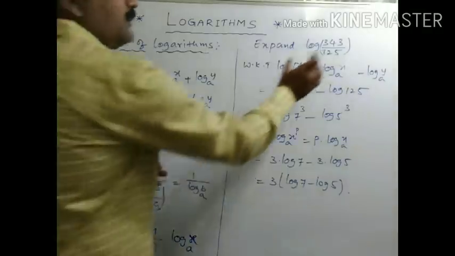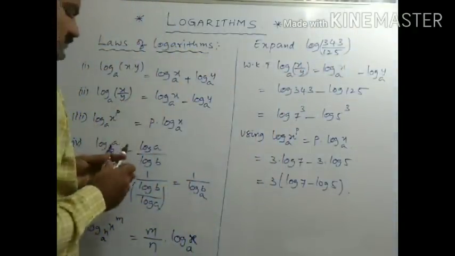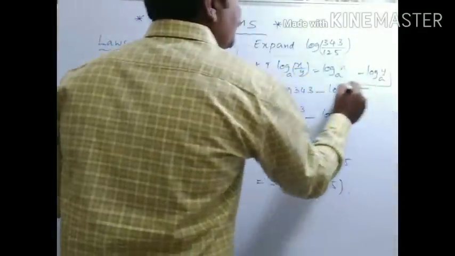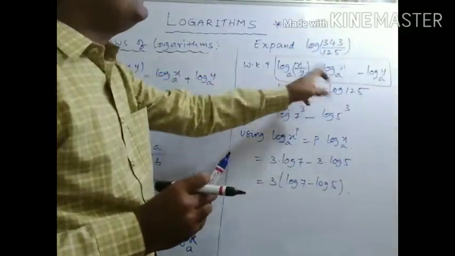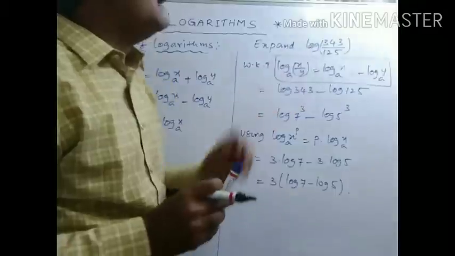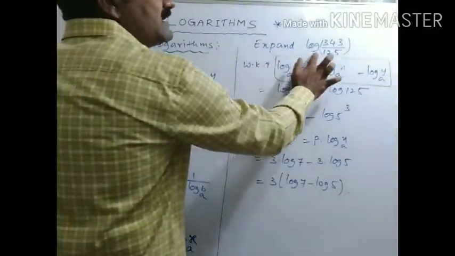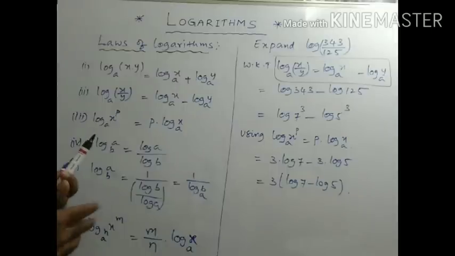First of all, the problem is just like property number 2. We all know this formula, log x by y to the base a, which we can write as log x to the base a minus log y to the base a. Don't worry, here nothing is written as base, as we discussed already, that means there is a 10 in the base. These are common logarithms. For common logarithms with base 10, it need not be mentioned. That is your wish; if you want, you can mention base 10, if not, it is not required at all.